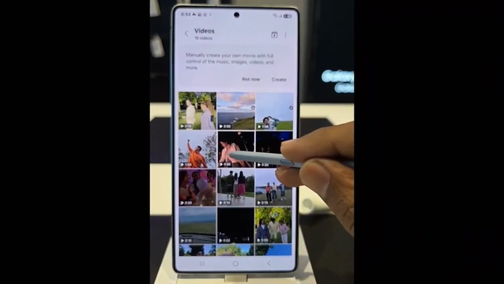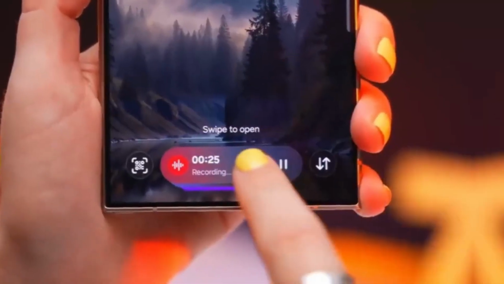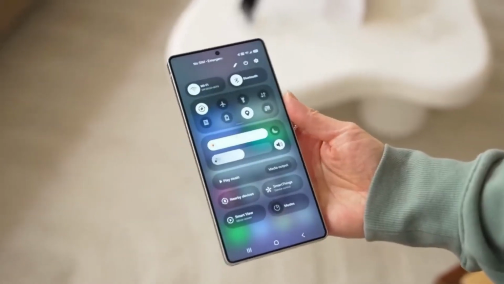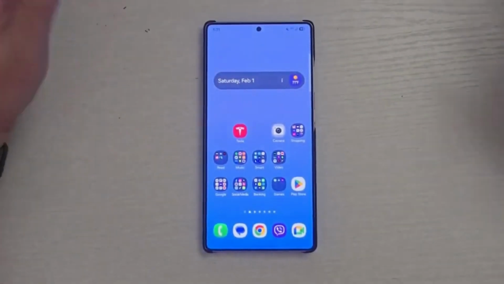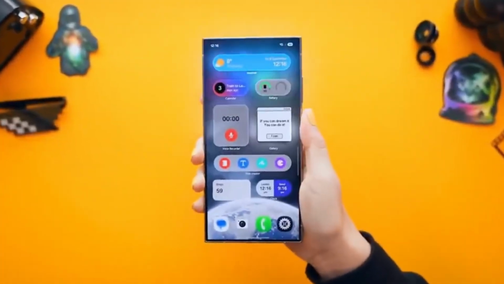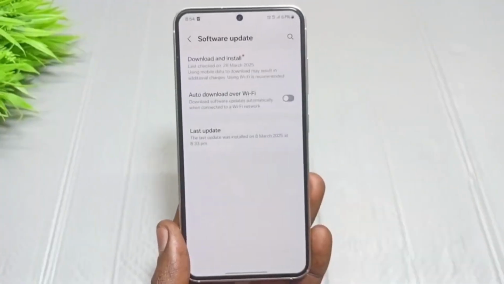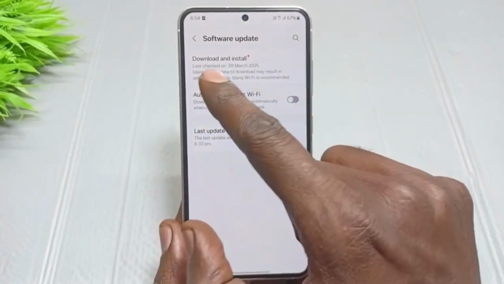Samsung is already shifting gears toward the future. Even though One UI 7 just started rolling out a couple of weeks ago, the focus is now moving to One UI 8, the next big update that's also set to bring Android 16 along with it. Early builds of One UI 8 have already been spotted on devices like the Galaxy S25 and the Galaxy Z Flip 6,